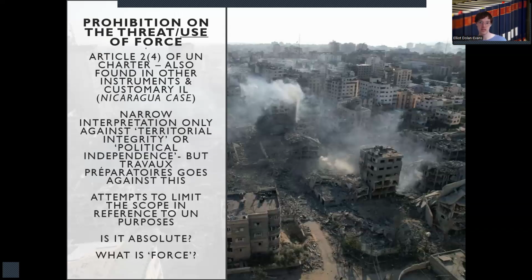relatively rejected. So the prohibition does appear almost to be absolute on the face of it, but the breadth and scope of the prohibition is more limited by the article's reference to its application in the international relations of member states. So it applies to the use of force by all members, which has a restricted membership of the UN to states, and only in their forcible actions against any state, which is obviously not a totally surprising restriction because the Charter was made at the time when the state was the principal, primary, and often only subject within international